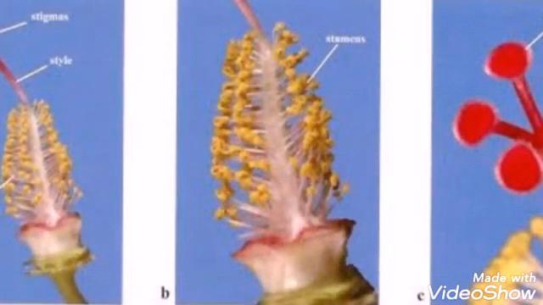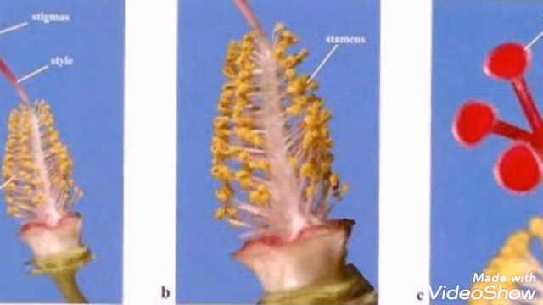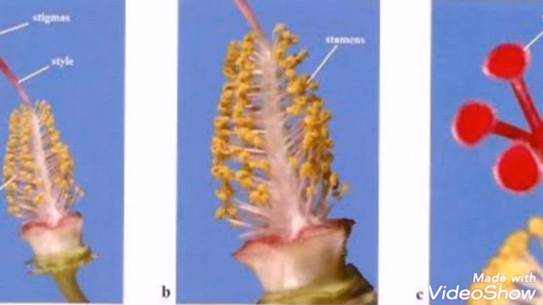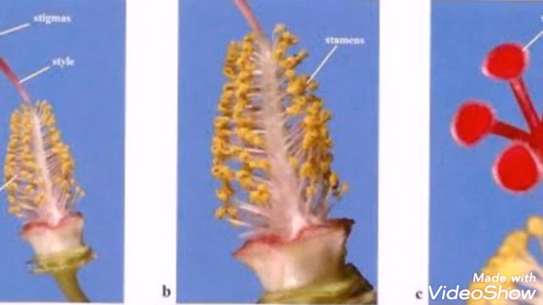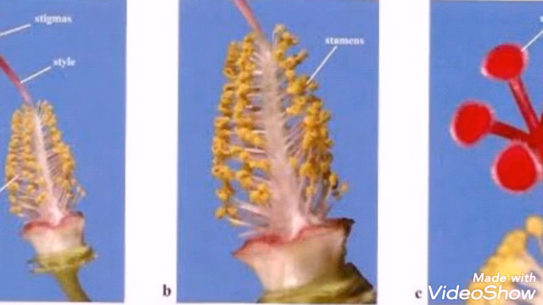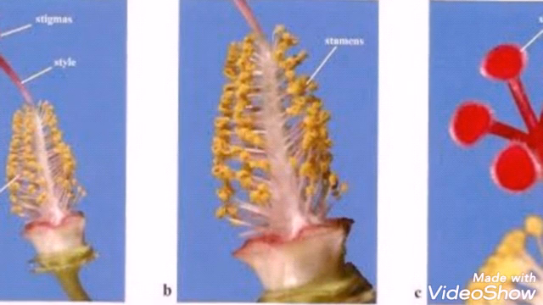Now in this photo you can see the arrangement of the stamens in the flower. So many stamens are visible along with the yellowish color anther and the whitish color filaments. I hope everyone can understand that so many stamens are there. So a large number of pollen grains will be produced from the stamens, and in the center of the flower, which